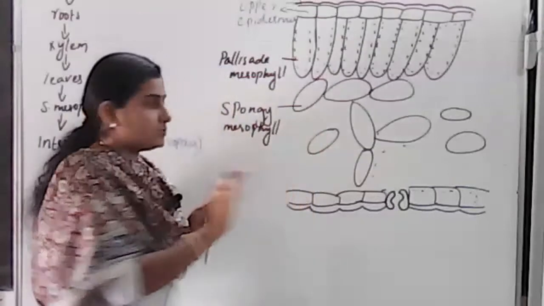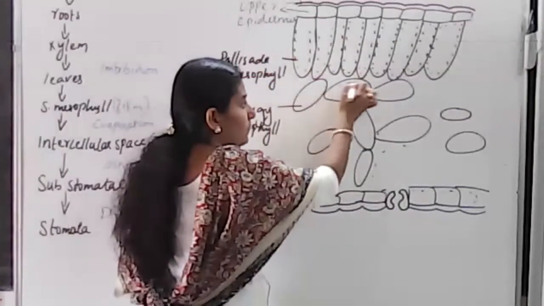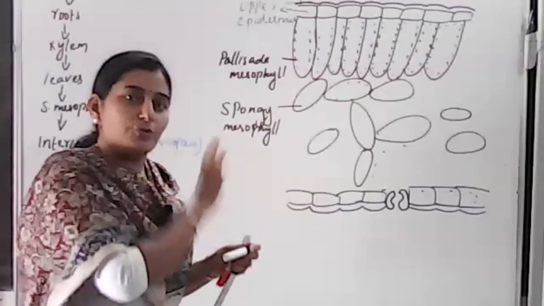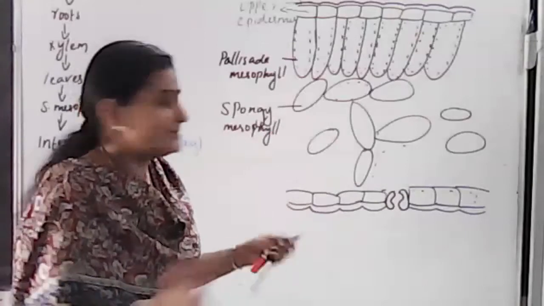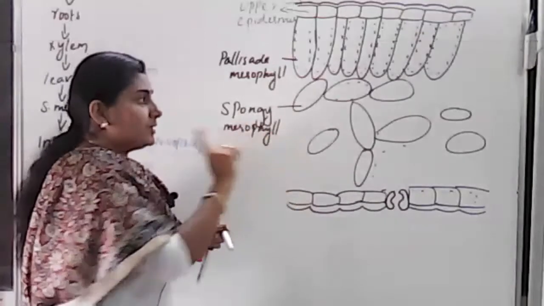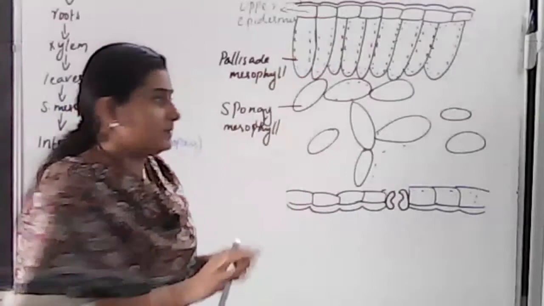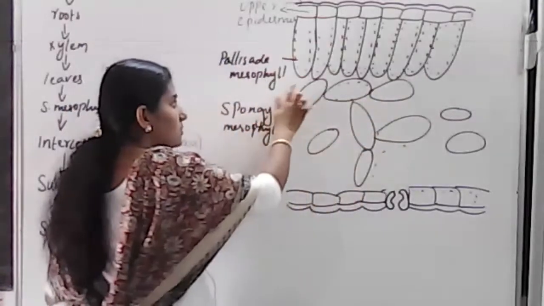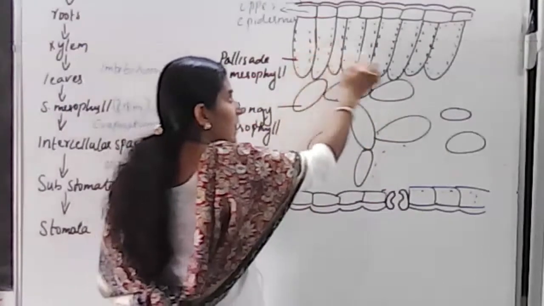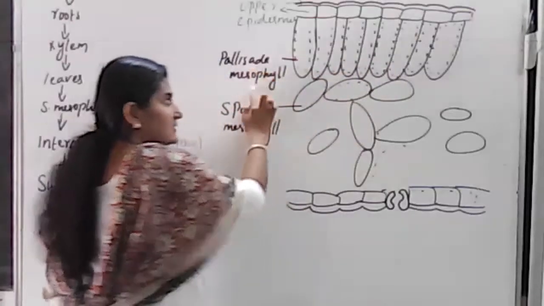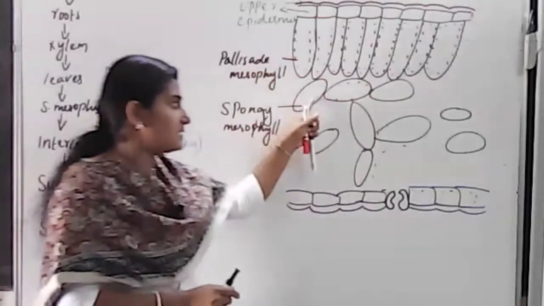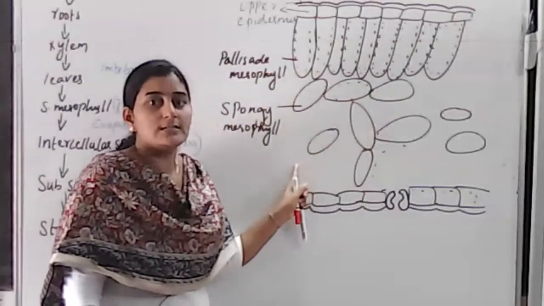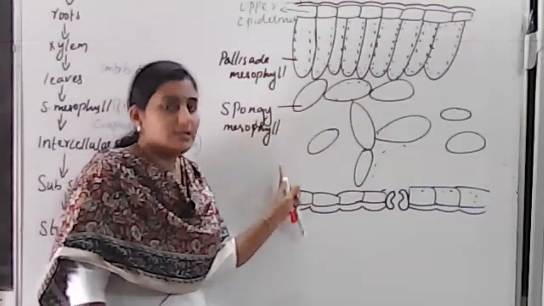Spongy mesophyll cells. These are all the cells which contain chloroplast. The dots represented here are chloroplasts. Actually, I should draw the thing with a green pen, but I didn't get it, so I have drawn it with black. In your textbook, you can see it is greenish in color, which means those cells have chlorophyll pigments inside. Those cells seen just below the epidermis without any intercellular space are palisade mesophyll cells, and those seen below the palisade cells with a lot of intercellular space are spongy mesophyll cells.